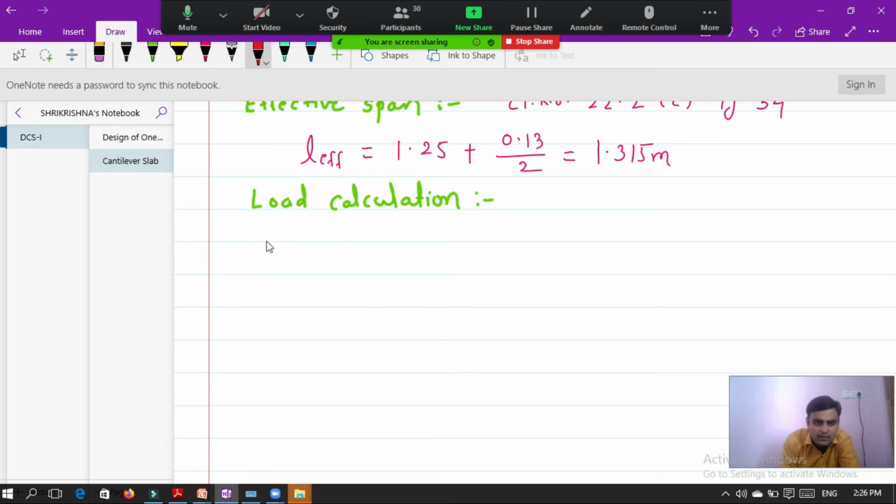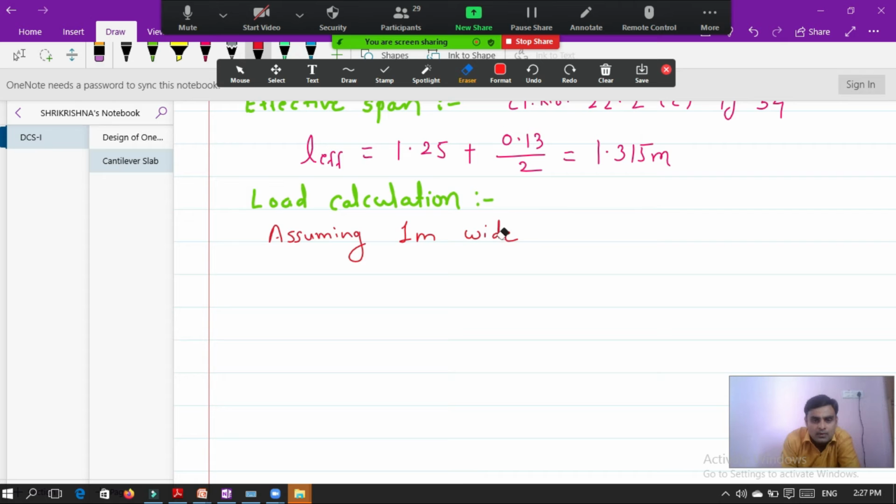So initially we are assuming 1 meter width of the slab.